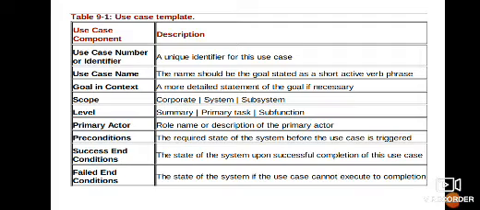This is the format of a typical use case. We have seen, I believe, when we learned about use cases in module 1, the basic format of a use case. For any particular use case, we'll be having these many columns, these many entries. We have the use case number identifier, use case name, goal of the use case, scope of the use case, level of the use case, and the primary actor.